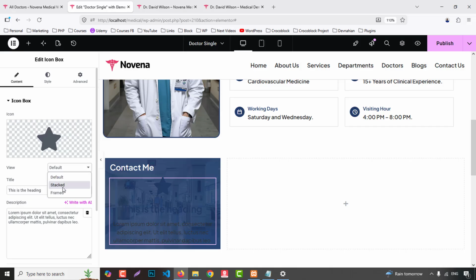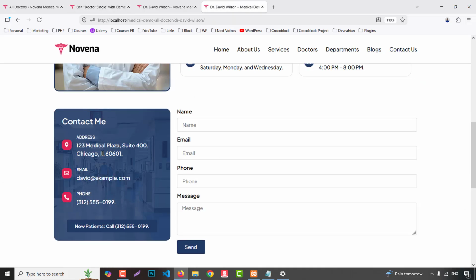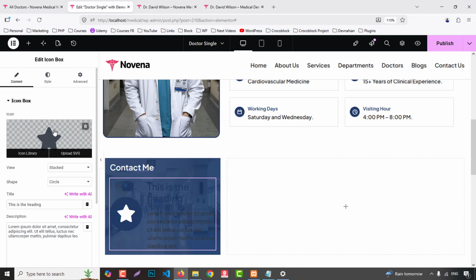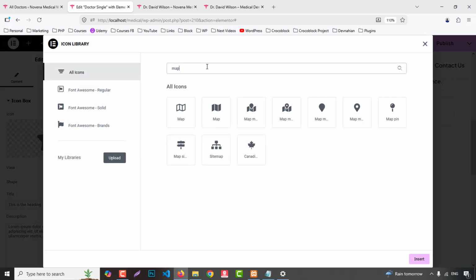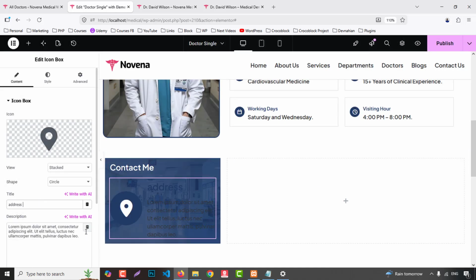Okay, so stack, style, left, vertical and middle. So we can just write here address. We can search for map icon, so just write here map marker icon. Then we can just write here address, and from here